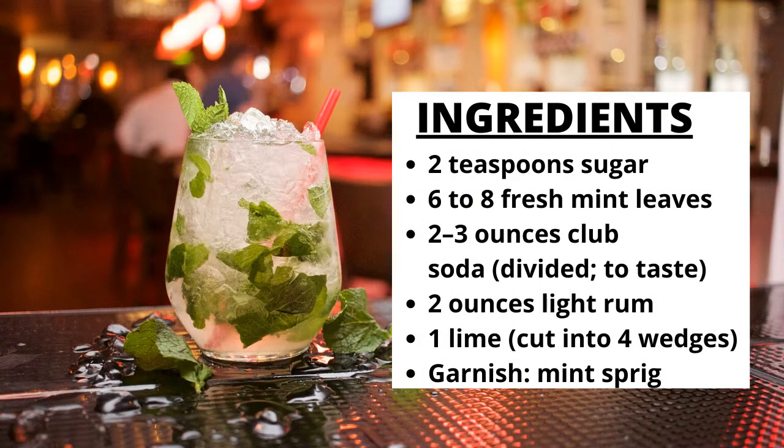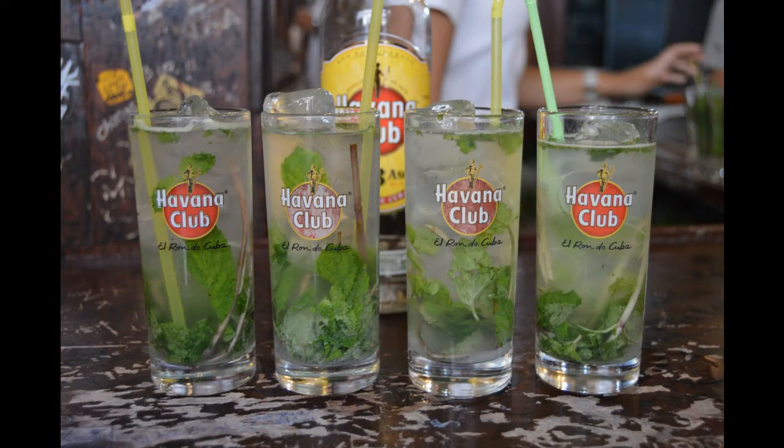Ingredients: 2 teaspoons sugar, 6 to 8 fresh mint leaves, 2 to 3 ounces club soda, divided, to taste, 2 ounces light rum, 1 lime, cut into 4 wedges. Garnish: mint sprig. Tips: rum is the mojito's only liquor, so it is a critical element that will determine the